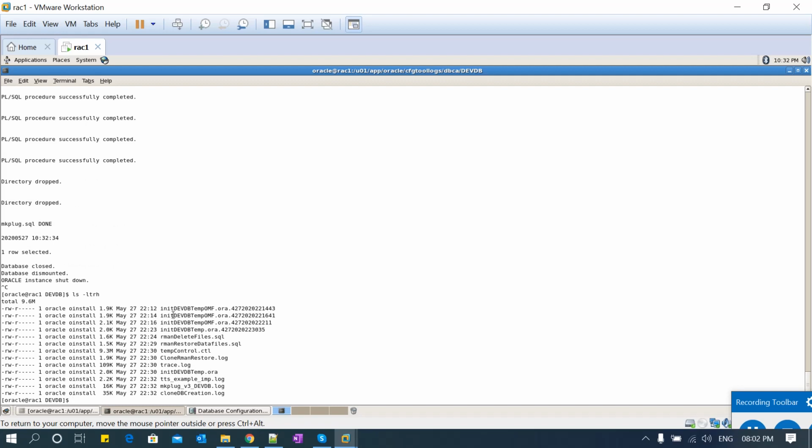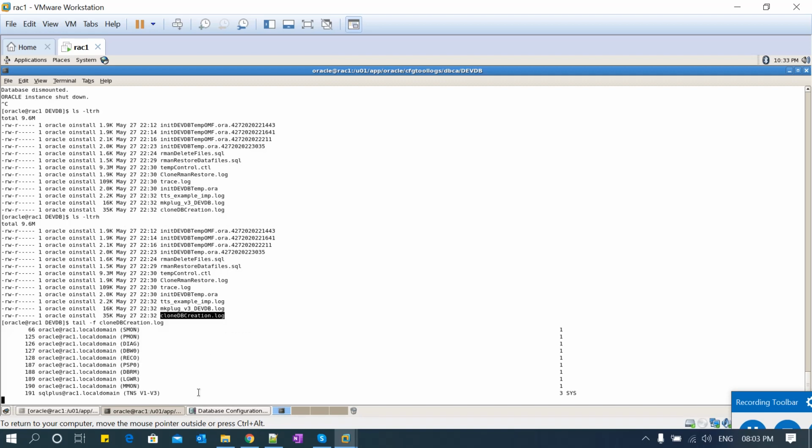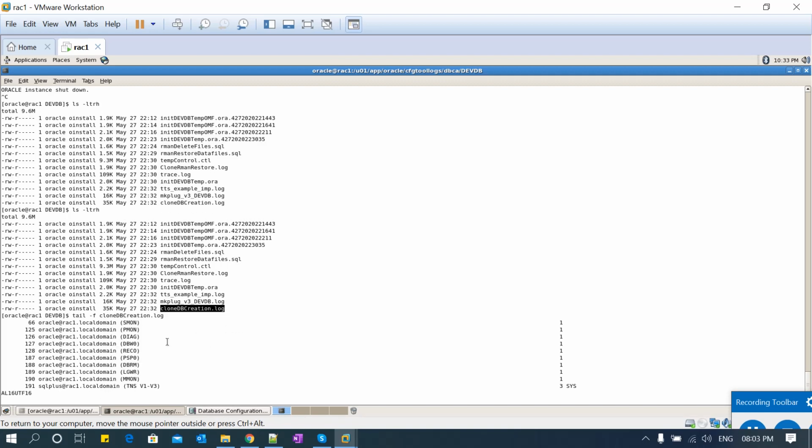If I recheck once again, it will create init files, rman delete files, rman restore script, control file, trace file, init temp files, and it will do example import and clone db. It will do a lot of things, in fact. If you go through all these logs in detail, you will see all this. And now the background processes have started.